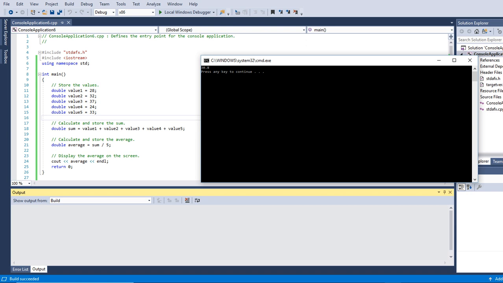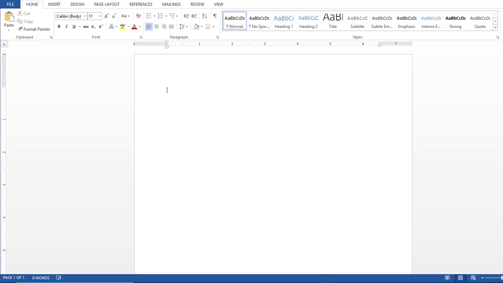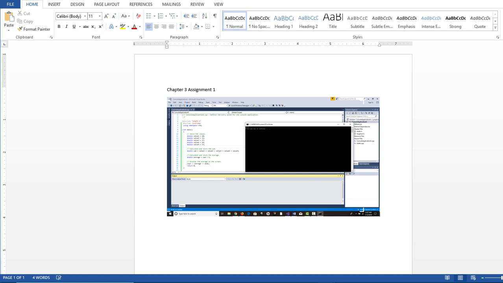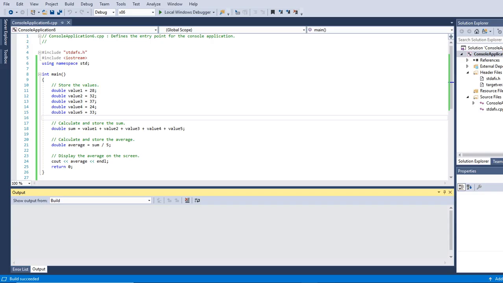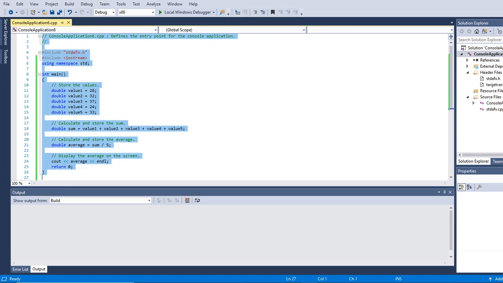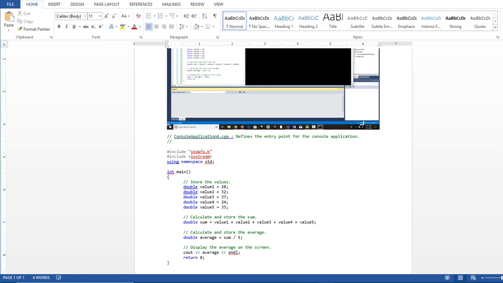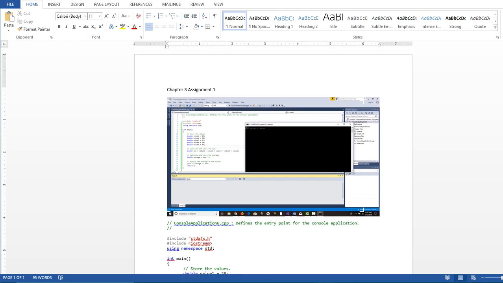Take a print screen of this, just open a Word document really quickly. Let's say this is assignment 1, so chapter 3 assignment 1, and then you just paste your print screen, then go back to Visual Studio, copy and paste your code, and then save it as chapter 3 assignment 1.